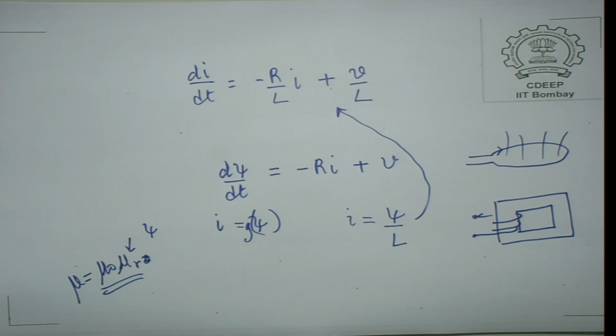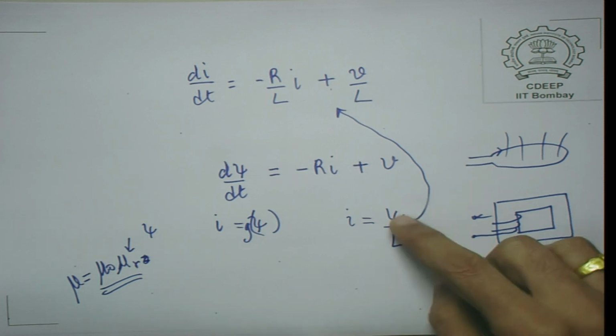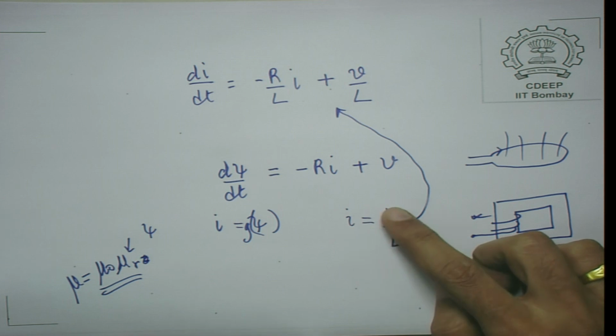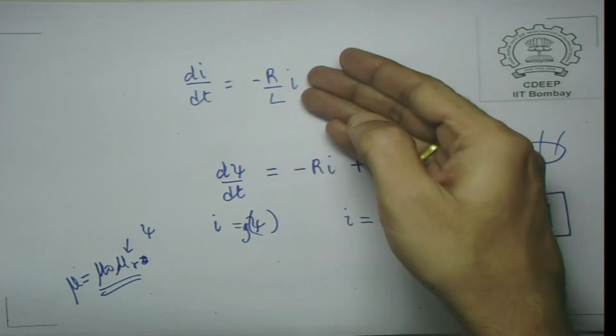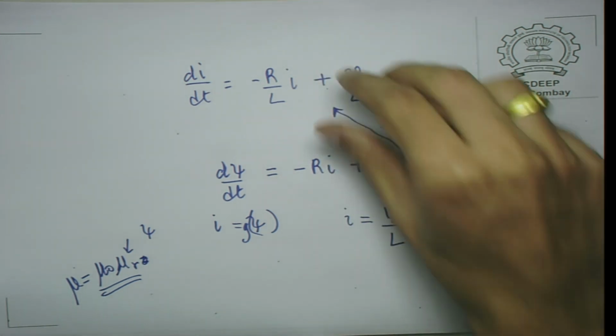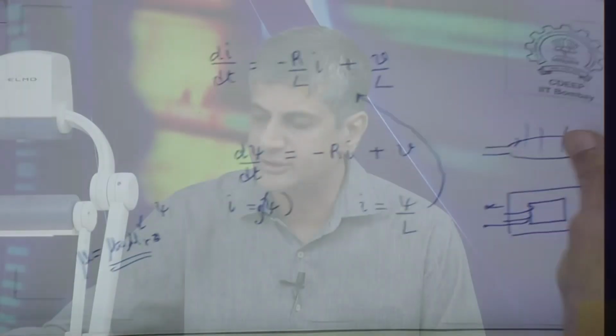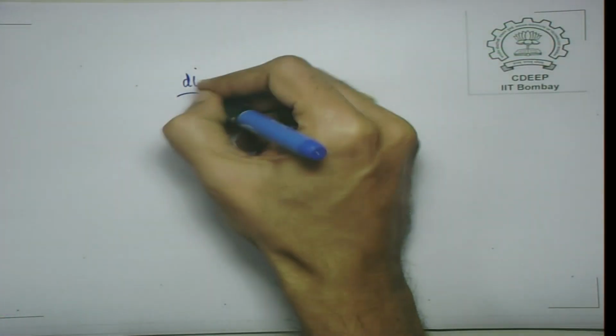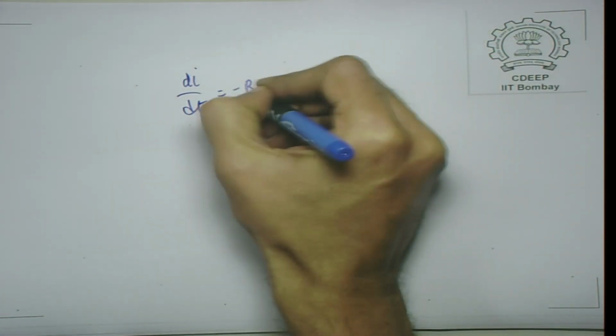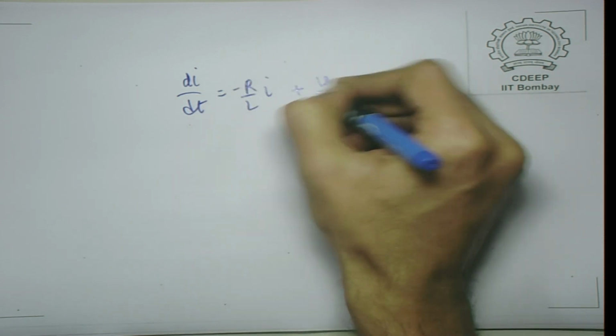So, this is an interesting point, but in case you have got a linear core, I can be written as psi by L, and you are back to square one, that is this equation. So, you can use this equation or you can use this equation. Let us use this equation, assuming that the inductor is an ideal one and is linear, that is mu r does not change with the flux level. Then essentially di by dt is equal to minus R by L I plus V by L